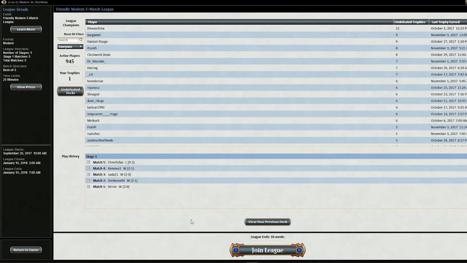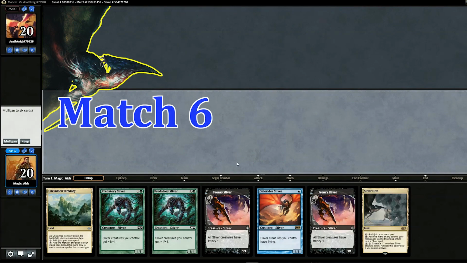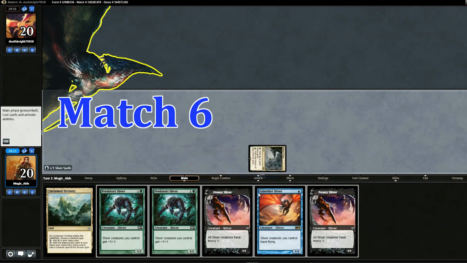So we'll play some more matches just to see the rest of the decks. I feel like there's some parts of the deck we haven't seen yet. So we'll do a few more and see how those go. Opening hand looks pretty good, minus the Ether Vial, so we'll start off with Gale Rider Sliver and pass back